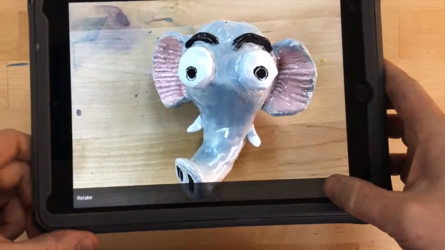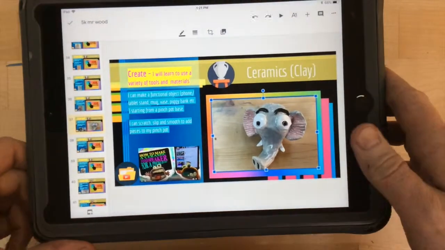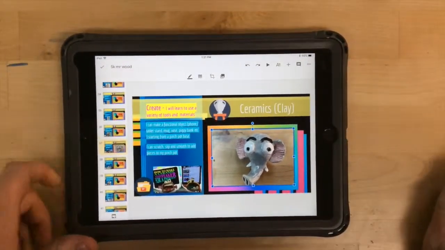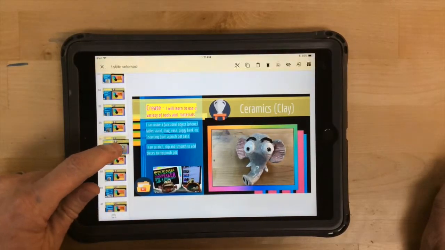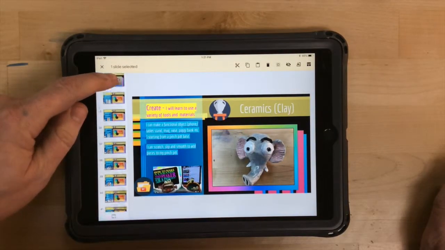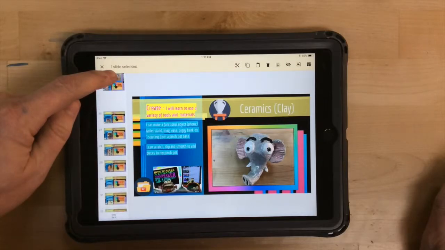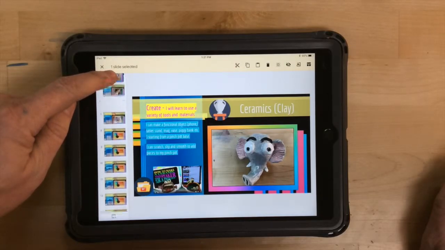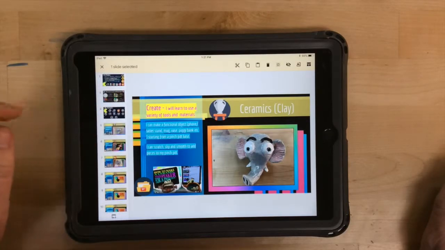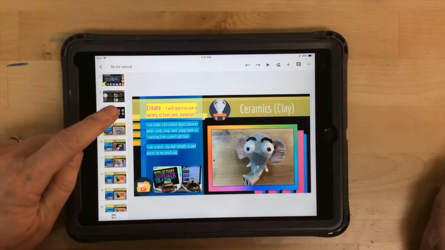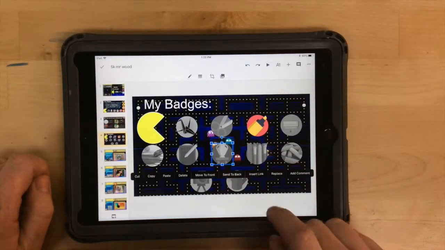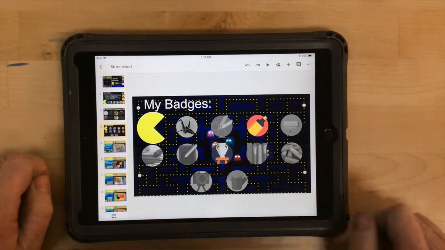I'm going to use that photo, and it gets formatted into the slide. And the next thing I'm going to do is tap and hold that slide and drag it up to the top of my slide deck. I tell my students to put slides with evidence of their work right after their badge board. That way, when they're ready to level up, I've got 5 slides in a row I can look at to verify their work. So to give themselves the badge, or for me to give them the badge, I just